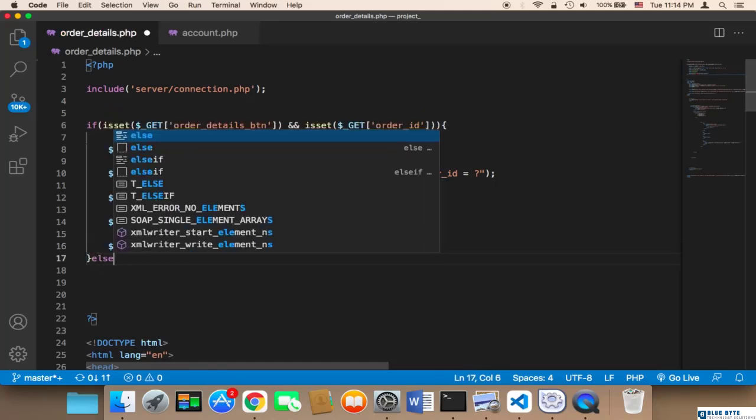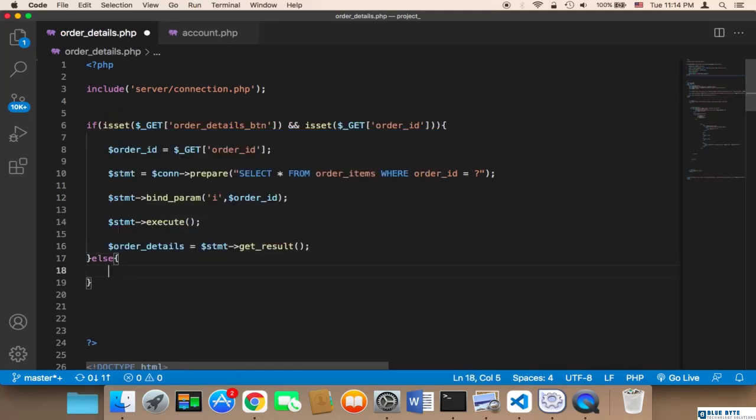Else, if we don't have these things, if the order details button or the order ID are not found,